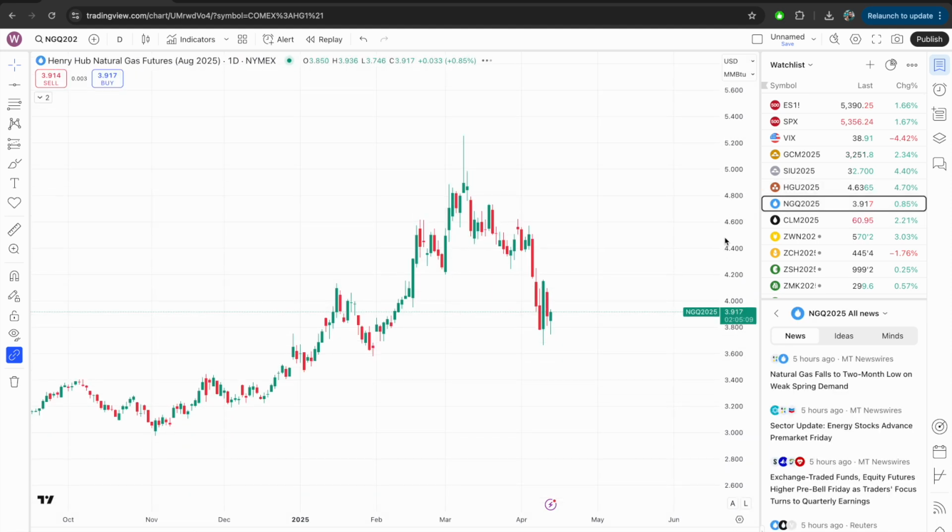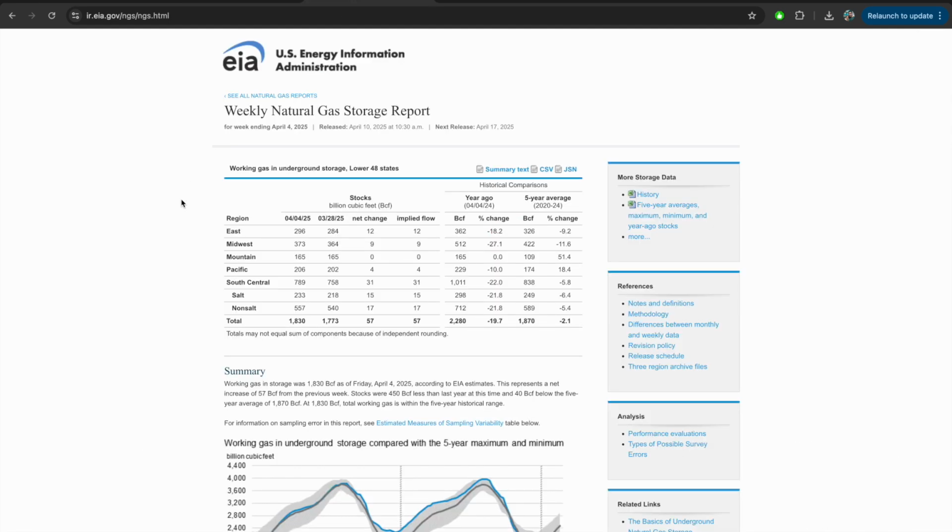Now for natural gas, there's the EIA weekly natural gas storage report. Here you can see the previous one was April 10 at 10:30, and then the next release. The time will probably be updated as we get closer to this date. This is also something that can or cannot affect the price of natural gas. But again, this is a weekly report, and weekly reports usually don't really affect the price too much, so I wouldn't worry about them. But it's good to know when they're coming, and I think it's really important.